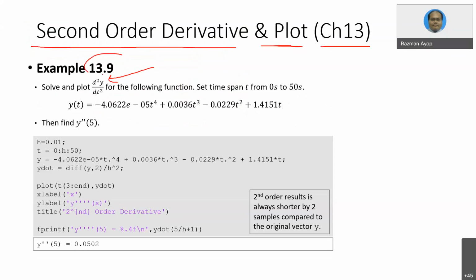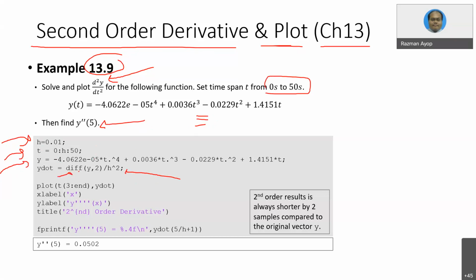You have to look at example 13.9. You have to solve and plot this function for the time span from 0 to 15. You have to write the code for that. Then you have to give the h, the time step, and then write this function, and then you have to use the different